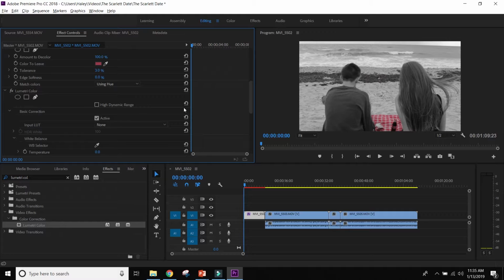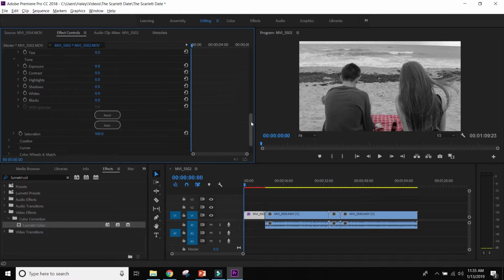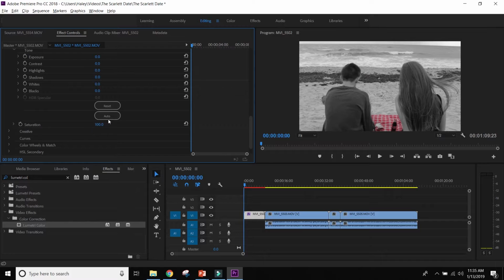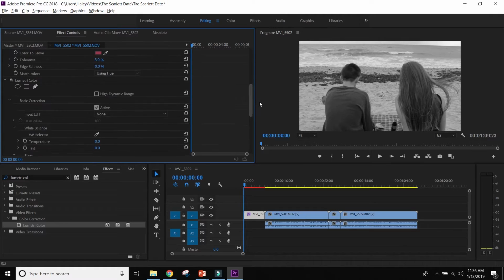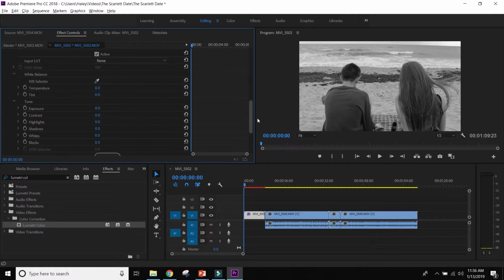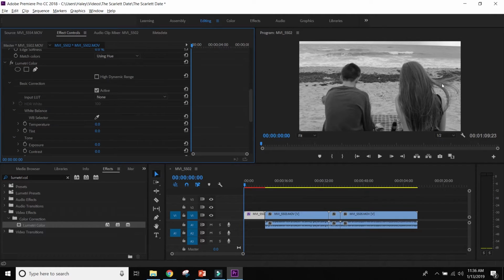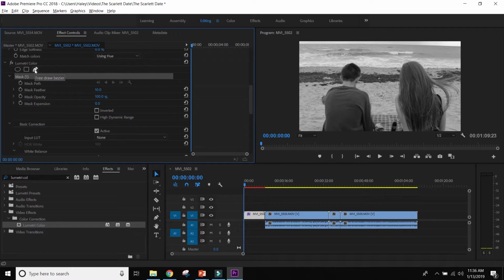So if you press this, you bring down the saturation, which is all the way at the bottom, right underneath this reset and auto, and right before you get to those other more advanced ones. You want to bring the saturation down all the way to 0%. And you can see it brought everything down. So what we need to tell it is not to bring everything down, but just bring a little section of it down. So what you want to do is use this little pen tool right here,